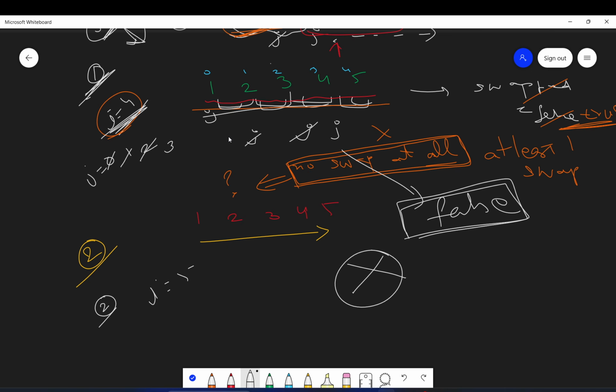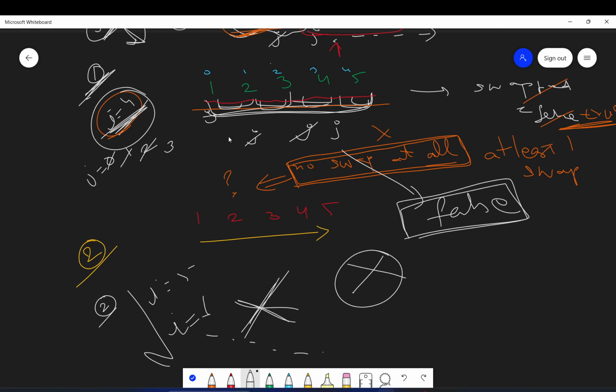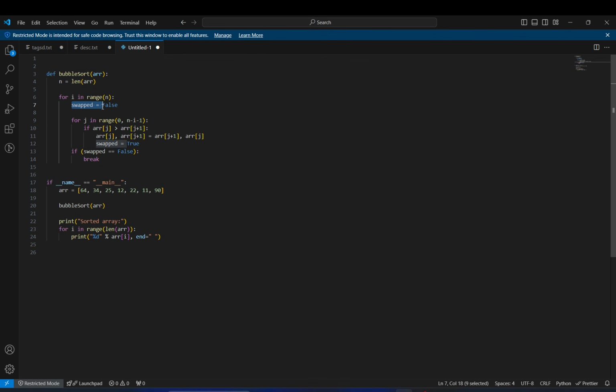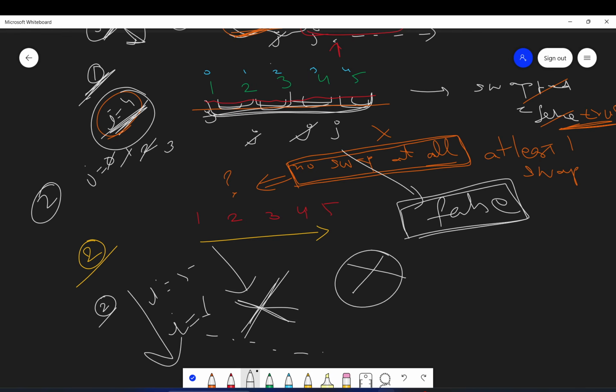So if there is i is equal to 5, i is equal to 6, further iterations, there is no need to do them, because at i is equal to 4 we did not get any swap. So obviously we will not get any at i is equal to 5 and i is equal to 6 either. So this is one more optimization which we can do. Here, if you see, I have a variable swapped at every iteration. If any swap is done, we update it to true. But if no swap is done, we check if swapped is still false. If it is, we just break. So I hope you understood this optimization also, so these are the two optimizations which we have done.